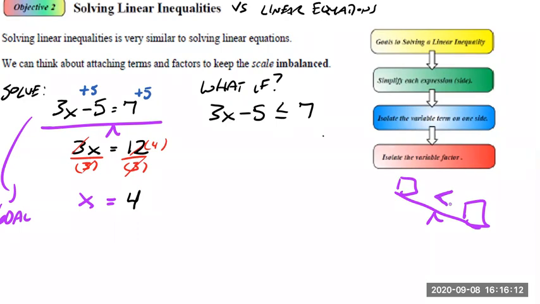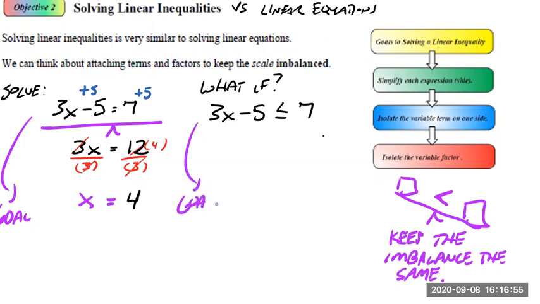So if we think about it, we want to use properties of inequalities to keep not the equation equal, but the inequality true. So keep the imbalance of the teeter-totter the same. If a scale already starts out with the heavier side on the right, we have a less than. My goal is to get x on one side again, and as long as I don't change the inequality,